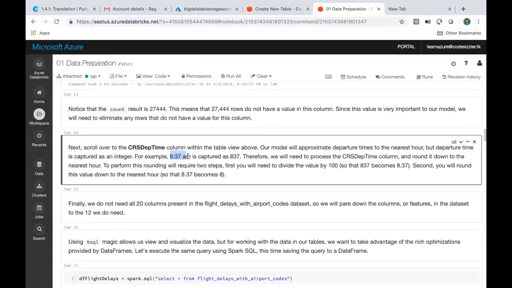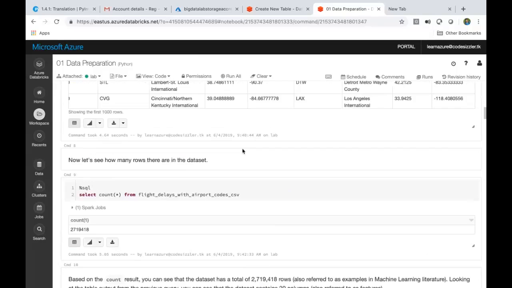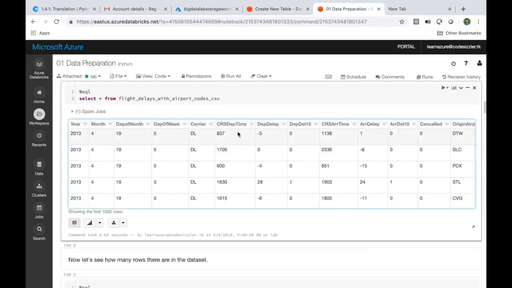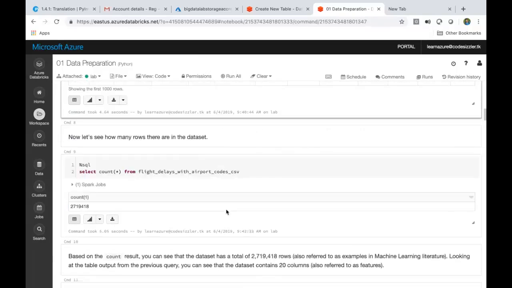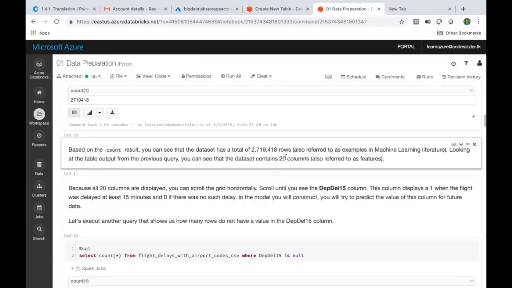Okay. If it is something else, it will be like this. So what I want to do is divide by 100. Let's go up and see this. See here, CRS departure time is 8:37, which is nothing but 8:37 a.m. 17:05 is nothing but 5 p.m. Right? 6 a.m. in the morning. So it will give you those records here. So we have to divide by 100 to get the right value there.